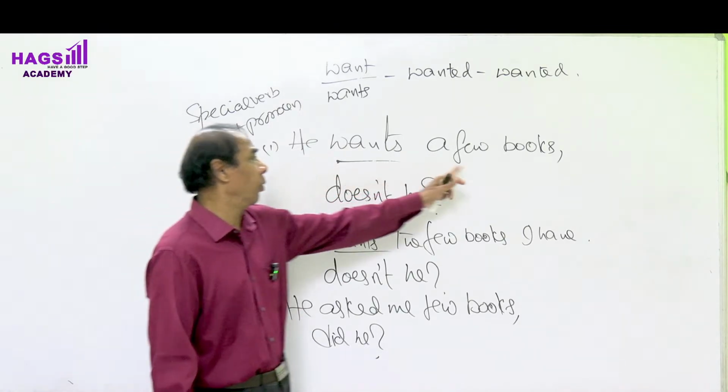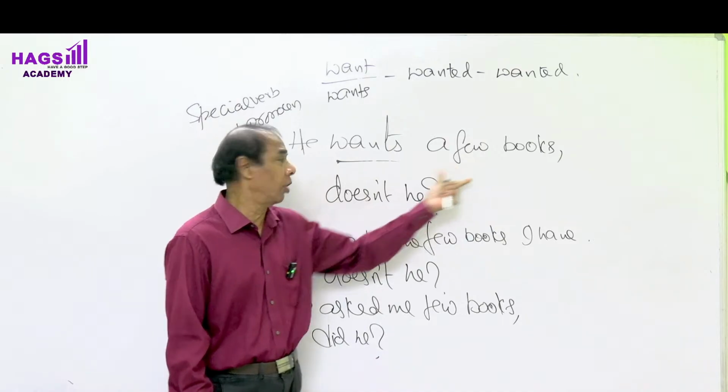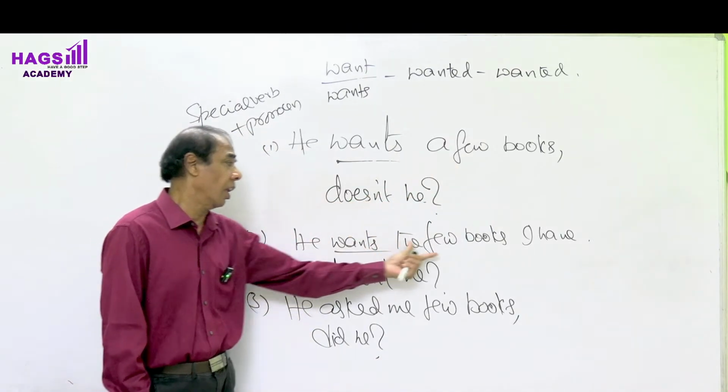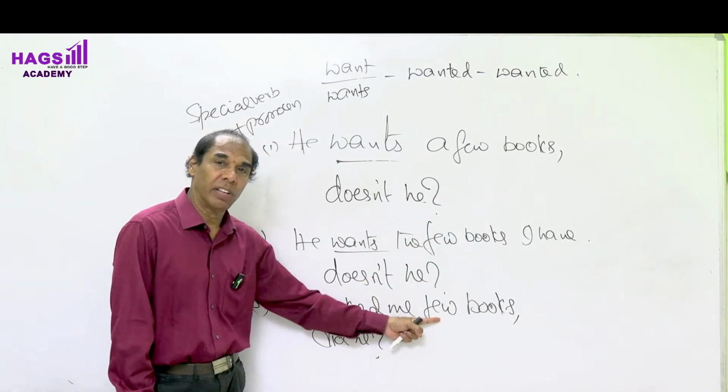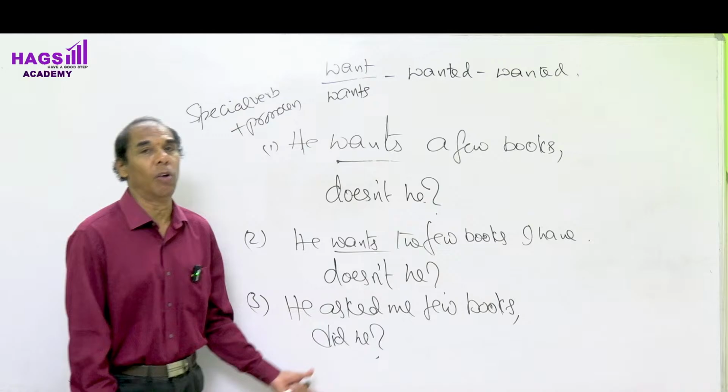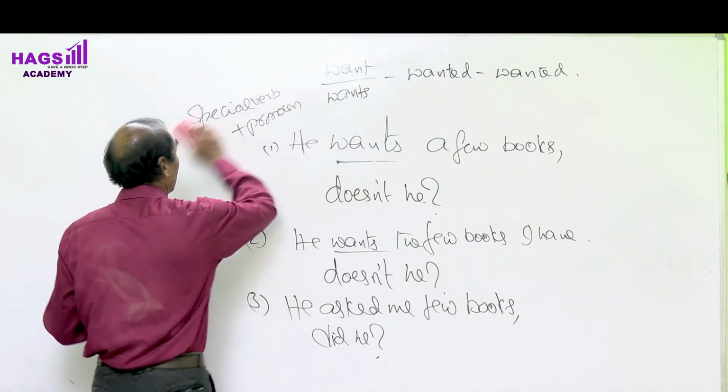He wants a few books. A few is equal to positive, so the question tag must be negative. The few is positive. The question tag must be negative. Few is negative. The question tag must be positive. Right? Now look at the